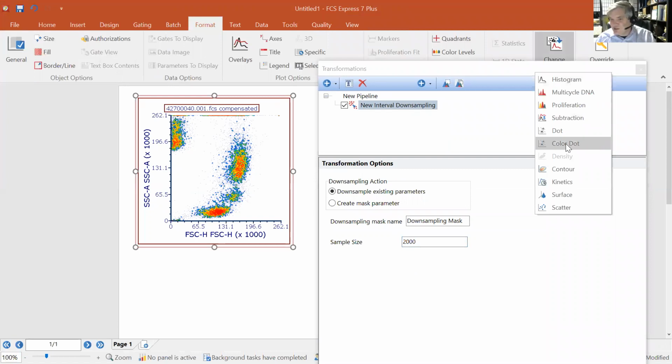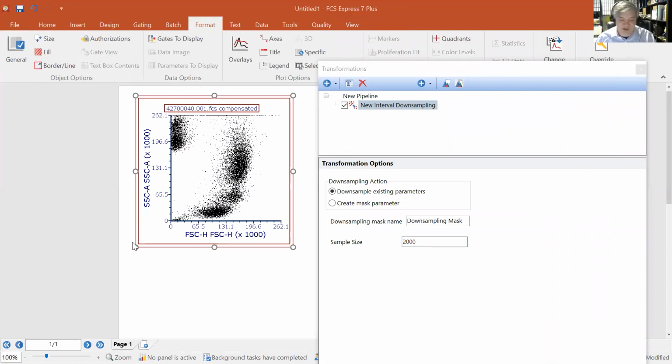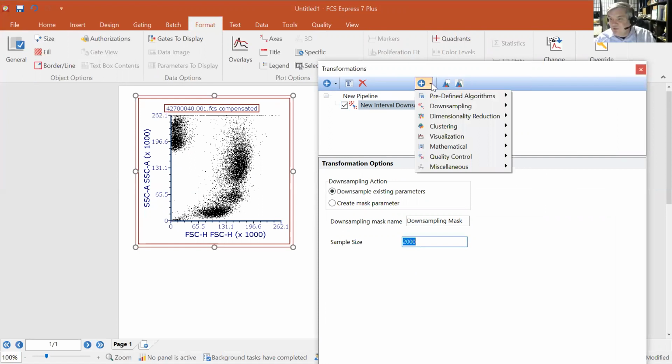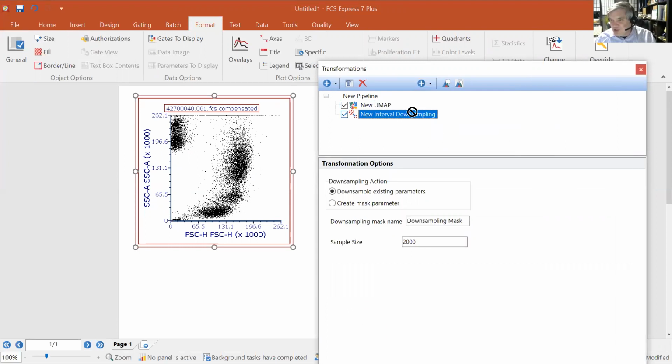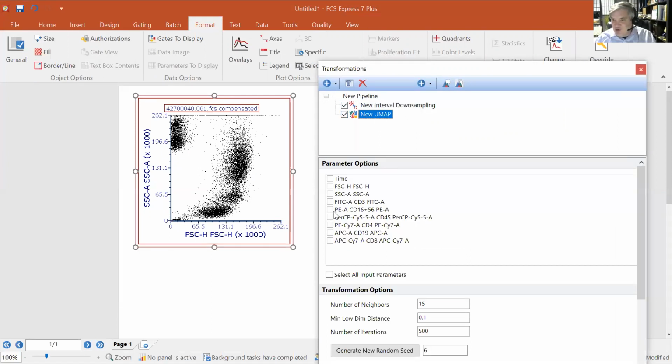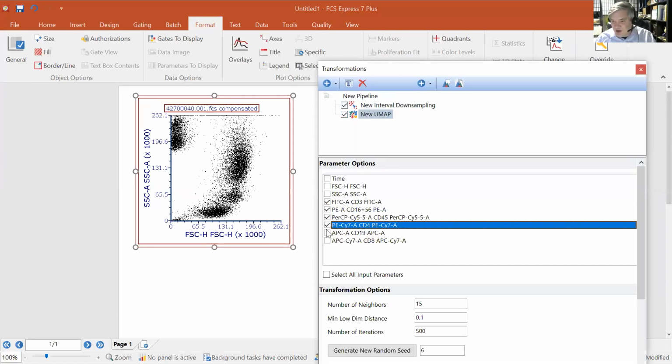And let me change this to a color dot plot. It'll look a little bit nicer in a moment. Now, if I want to do UMAP, right, that's another thing we've heard a lot about lately. Well, I can put in a UMAP step and I can make sure I get these in the correct order. And I can say downsample that data to 2,000 events. I can say run UMAP on these particular parameters